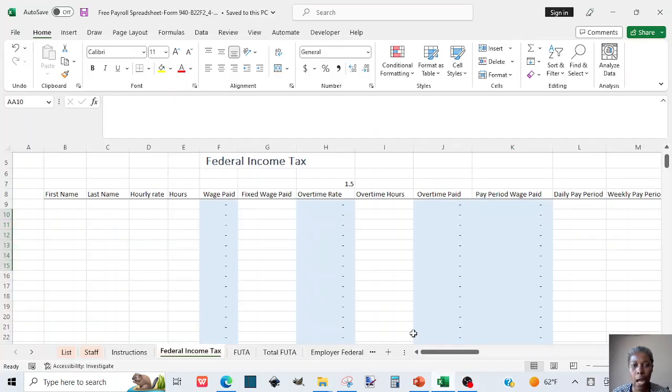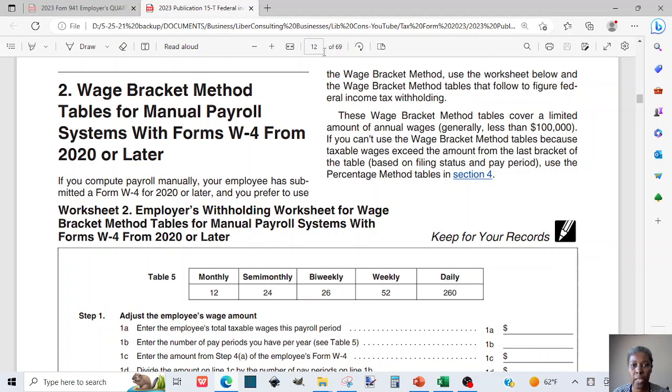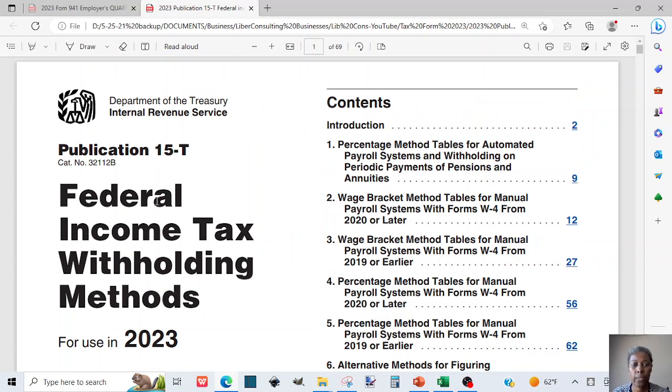Hello. How to manually calculate payroll taxes, and we are going to talk more about how to estimate federal income tax to withhold from employees' wages if you have employees in your business. So I will suggest you download Publication 15-T, the employer's tax guide for federal income tax withholding methods,